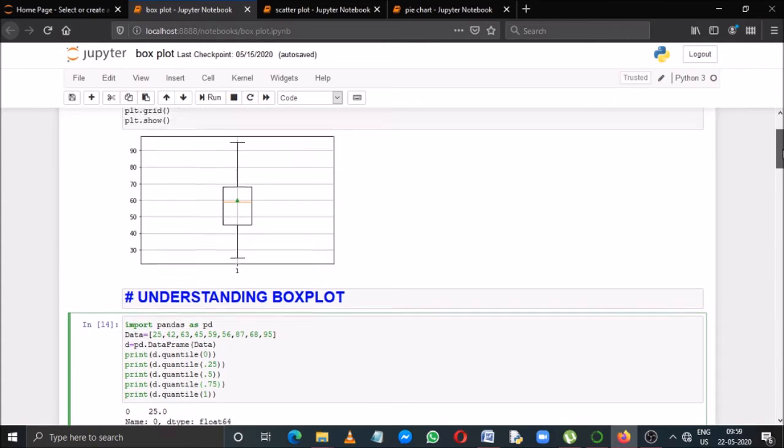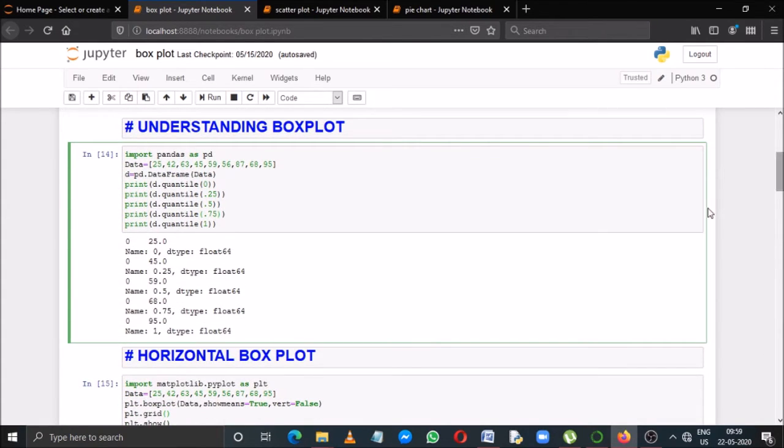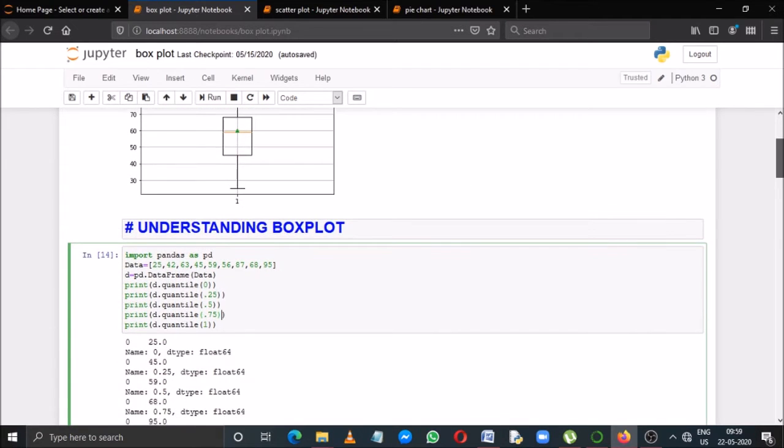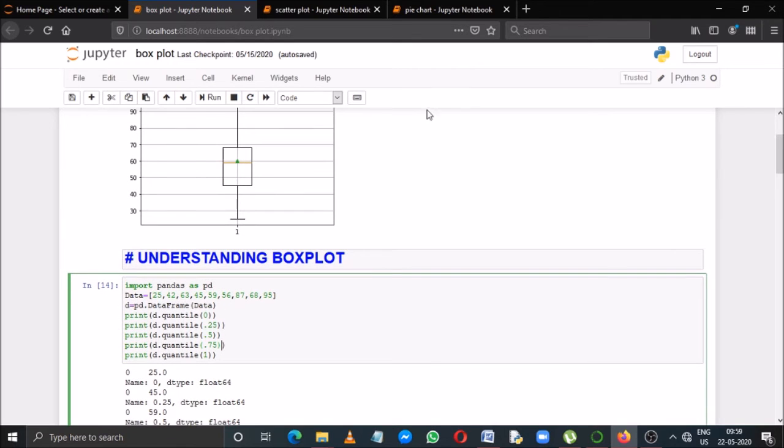The value will be 68.0. Now check in the graph, this point, where this horizontal line and vertical lines intersect, this is the third quartile point, and its value is 68. See, it's just before 70.